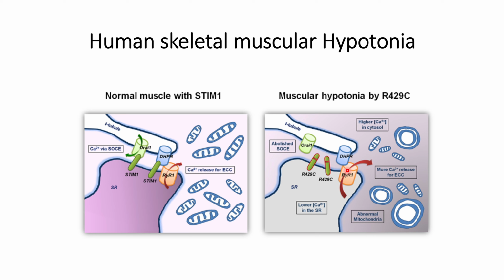Since there is no attenuating signal available, as STIM1 is not interacting with DHPR in the mutated form, a higher flow rate of calcium will flow into the cytoplasm, and this will create a low Ca2+ condition in the sarcoplasmic reticulum,